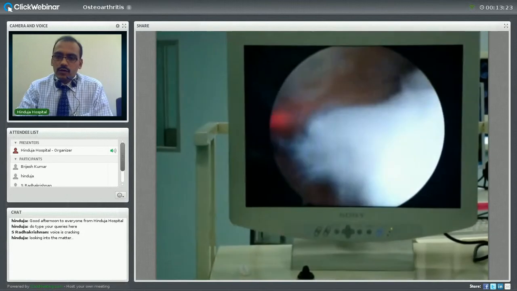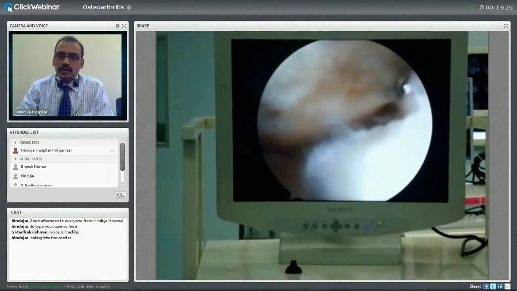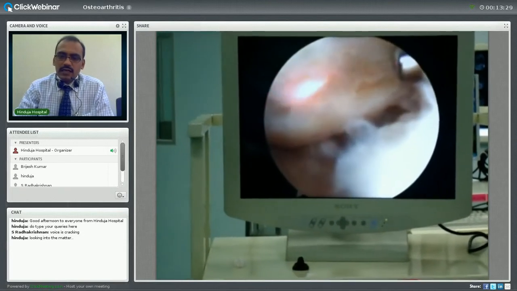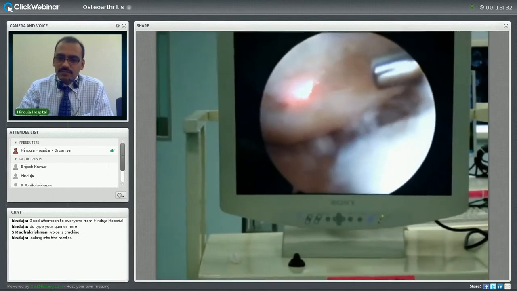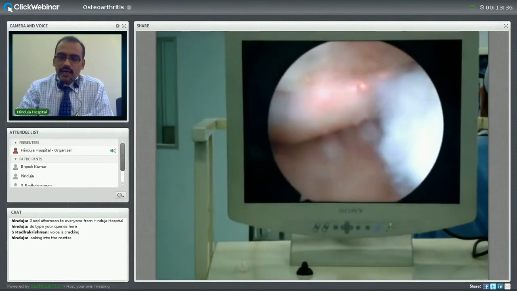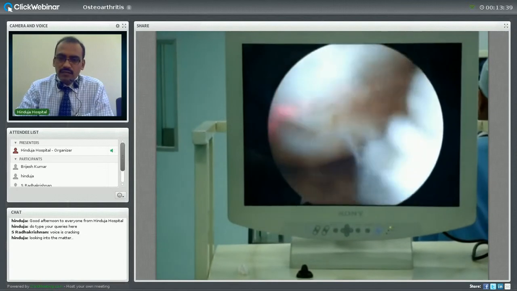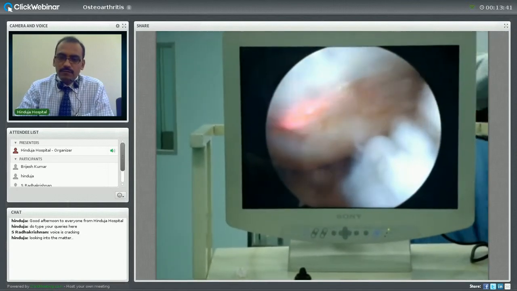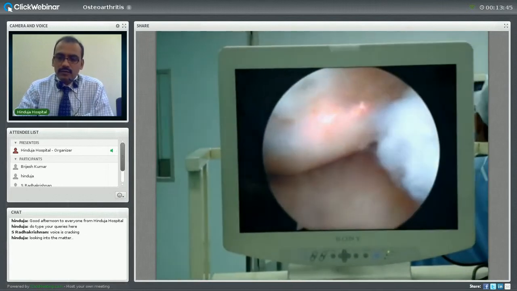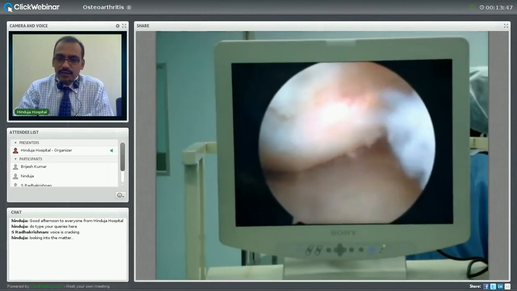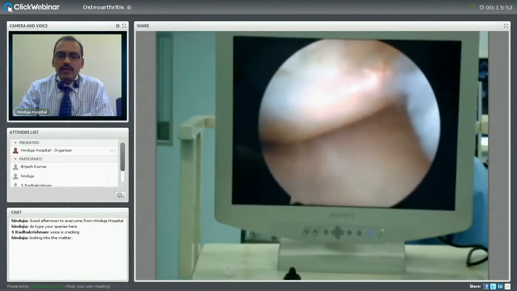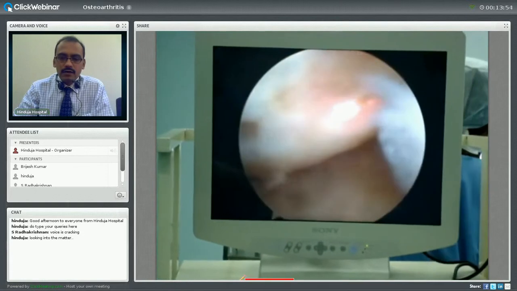In the video, you can see there is a loss of cartilage of the thigh bone. The red colored thing is a laser beam. With the laser beam, we are trying to polish that roughened cartilage so that it becomes smooth, and a fibrocartilage can form and the patient gets relief from that problem. But this is temporary, so that the arthritis is delayed and the requirement of joint replacement surgery is delayed. But it is very helpful in young patients.